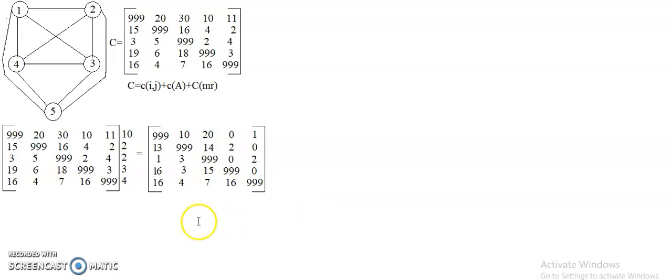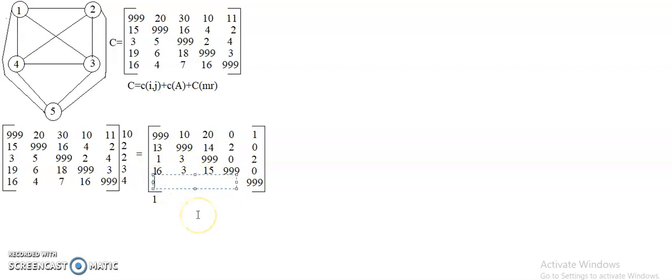Similarly, you need to reduce the column also. To reduce the column, after the row reduction, whatever values you have got, you are supposed to reduce them by the minimum value of the column. What is the minimum value in this column? 1. Sorry, the fifth row we have not updated, right? So first let me update the fifth row.